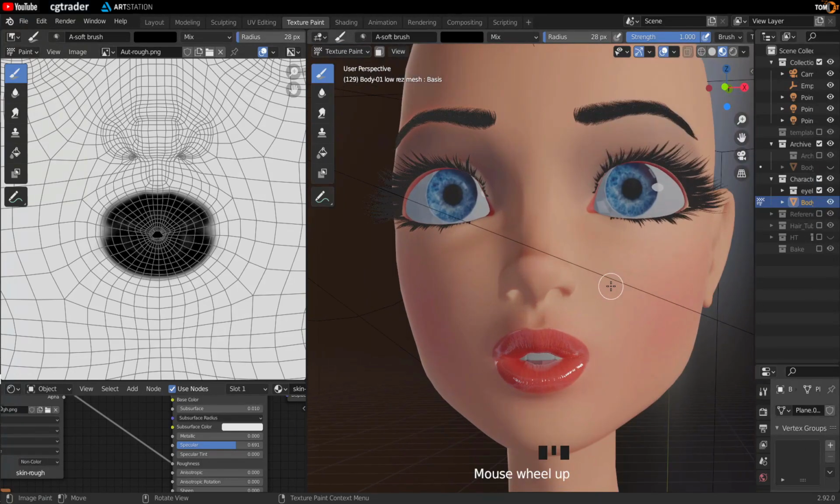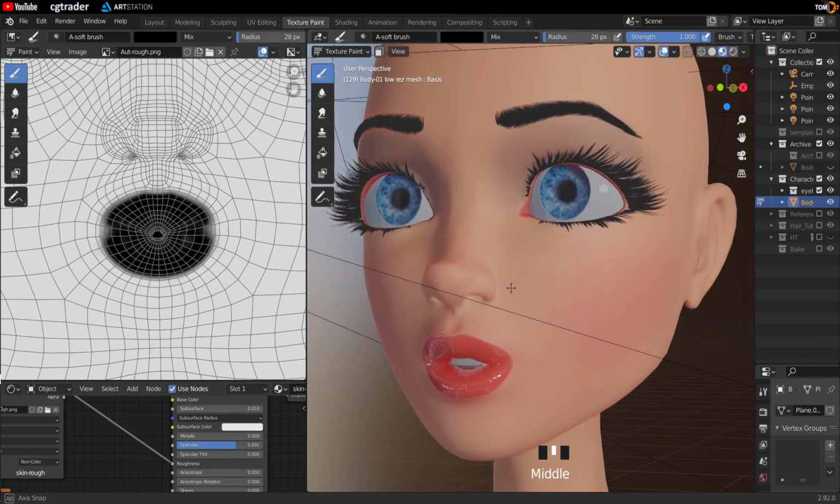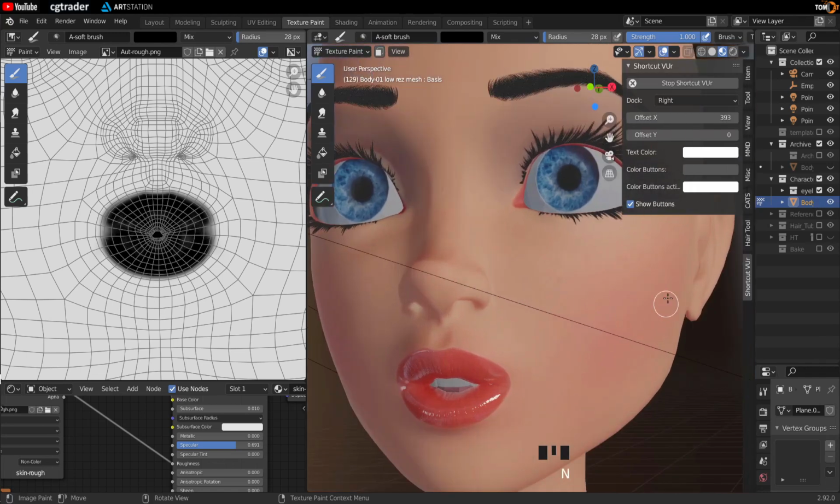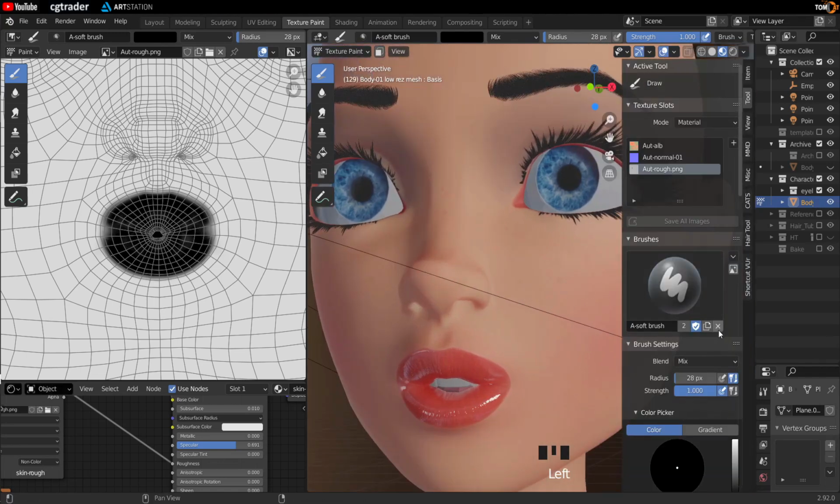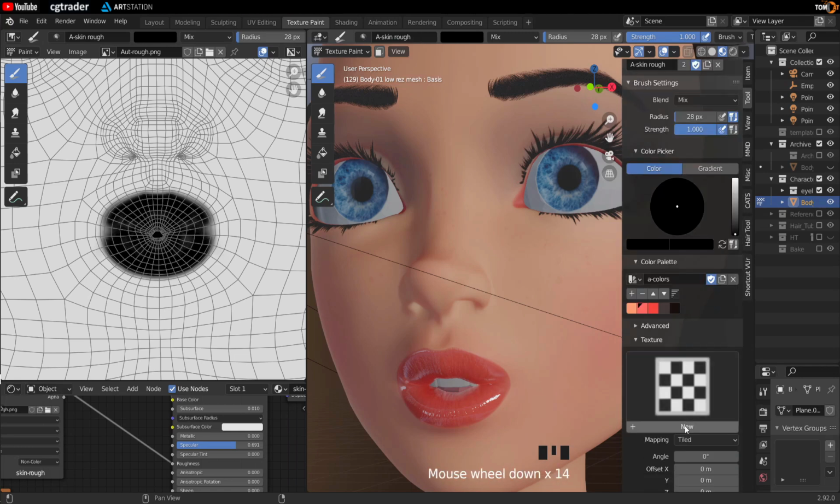Okay, let's add some randomness to her roughness texture here. So let's go to Tools. We will duplicate this brush. We'll call this A-Skin Rough. And let's make a new texture here. So we'll call this